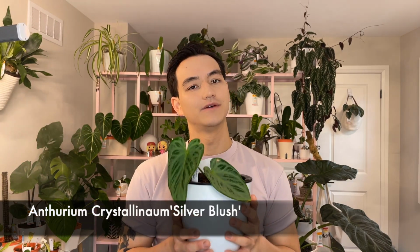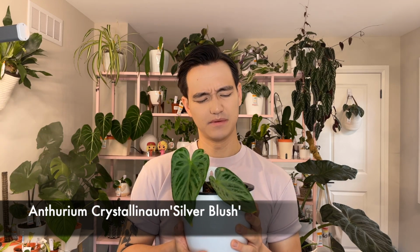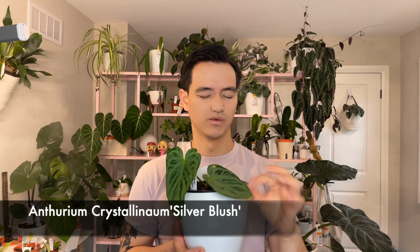This is Anthurium Silver Blush, and I absolutely love this plant. People list it as Anthurium crystallinum 'Silver Blush', so I don't know whether it's a cultivar of crystallinum or, you know, whatever. I bought this as a...